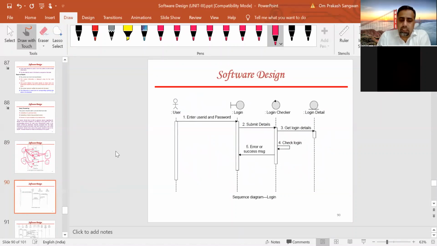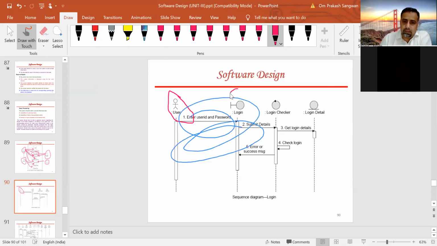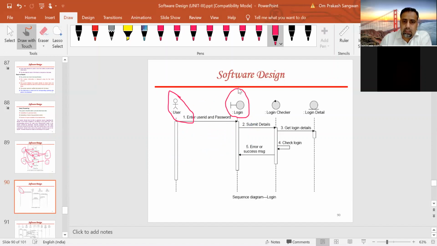Now there are three objects in this. One is entity object, interface, and control object, right? So if you look at this login, here the actor is the user, right? You just enter your user ID and password, and this is the interface object, right?